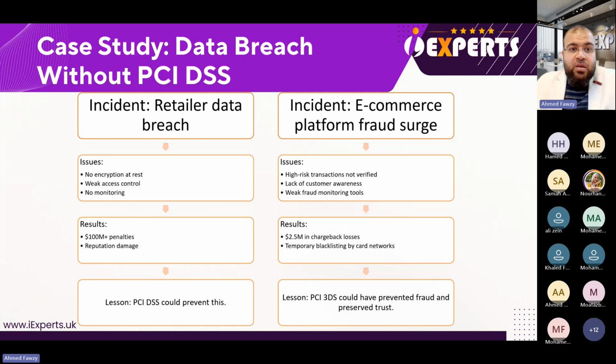Remember that a lot of data breaches happened without PCI DSS. There was a retailer data breach that happened because there was no requirement, so there was no encryption at rest. They were storing the credit card information in clear text. This included $100 million of penalties. So at the end of the day, the lesson learned is that they implemented PCI. However,